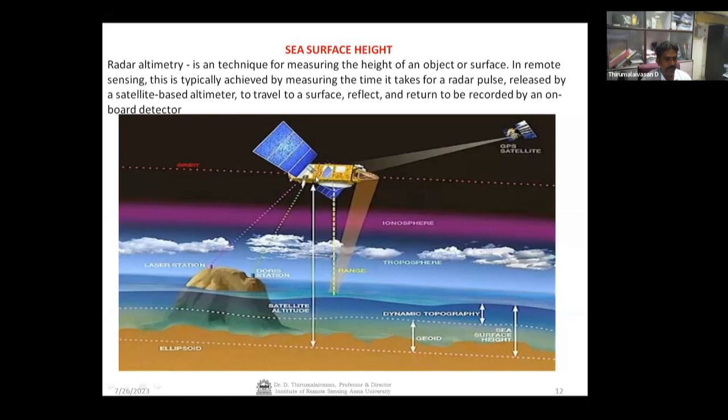And at what height the satellite is, using GPS, we know. So the difference between satellite height and the range basically gives you the height of the sea surface with respect to an ellipsoid. So with this, the sea surface height is determined with an accuracy in the range of a few centimeters. So that means globally, remember,